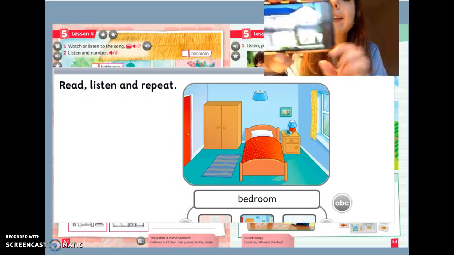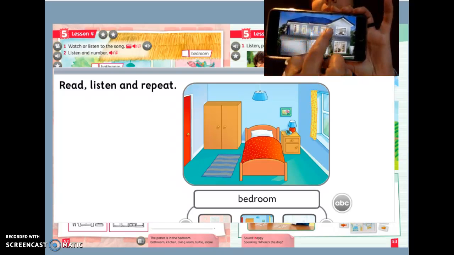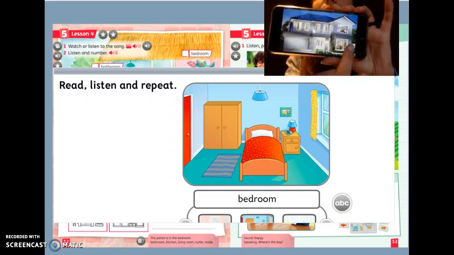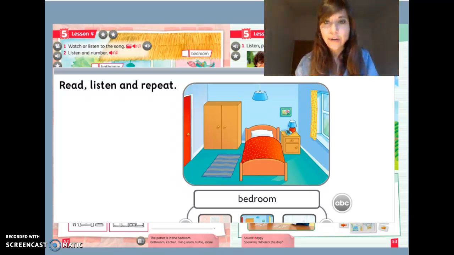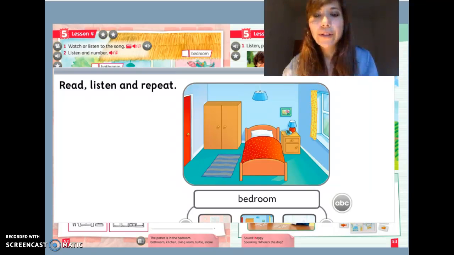So this is a house, okay? And the house has different rooms, okay? Different parts. So let's see which ones. We are going to learn four. The first one is